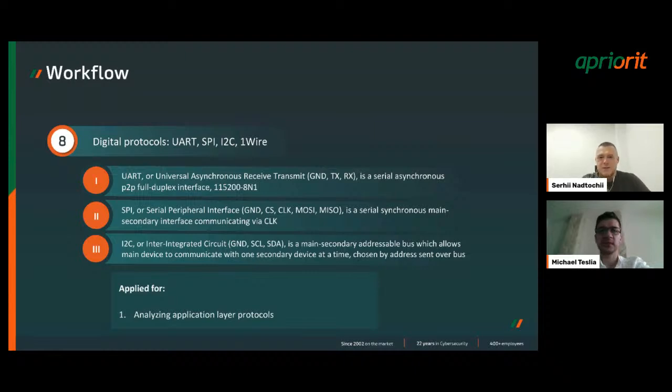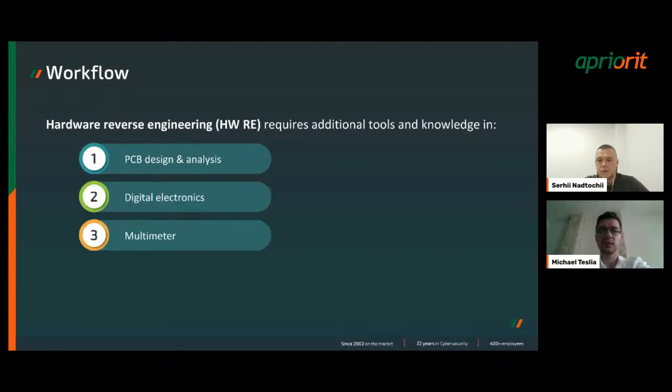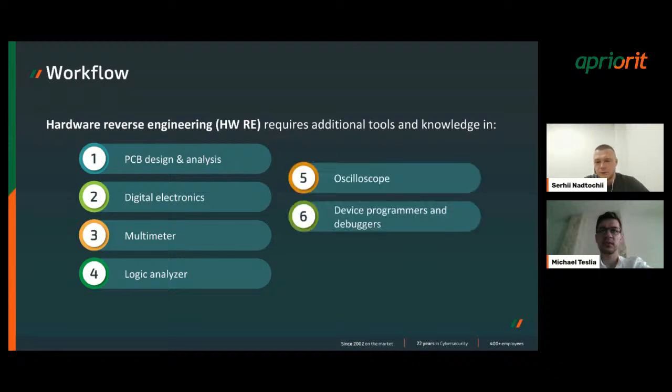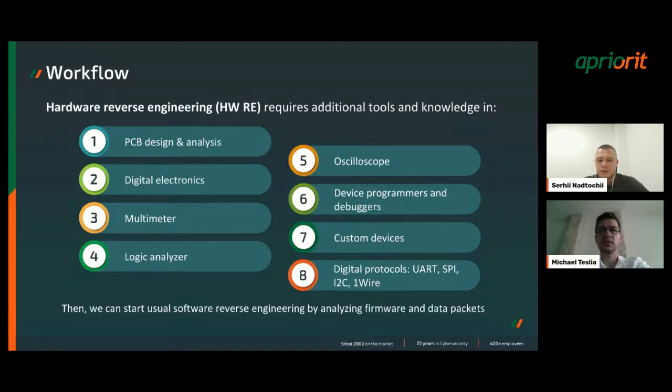So yeah, move on to the next step. After we know all these points and all this knowledge, we can step closer to the usual software reverse engineering.